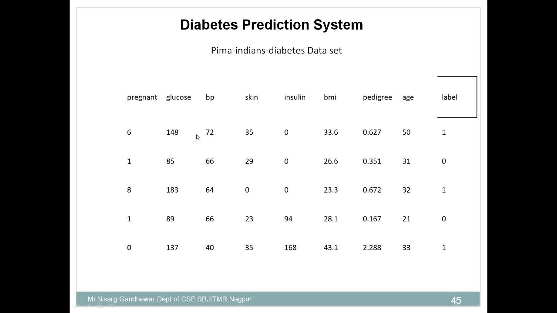If these are the inputs given to the system, then your system can say that yes, the person is suffering from diabetes. But suppose these are the attributes you have given, then in that case we can say that the person is not suffering from diabetes. 0 represents false, 1 represents true. So this is the data set given to you.